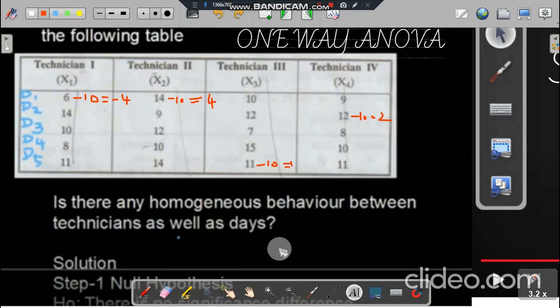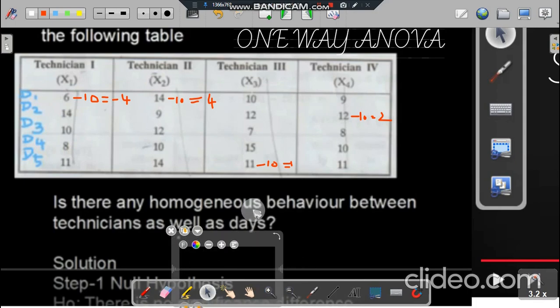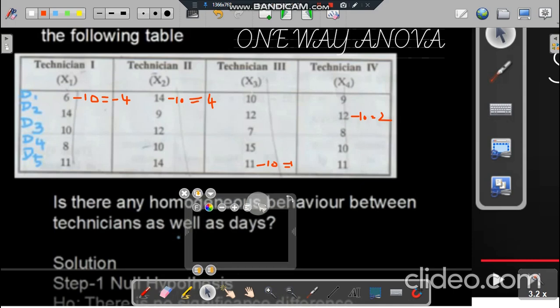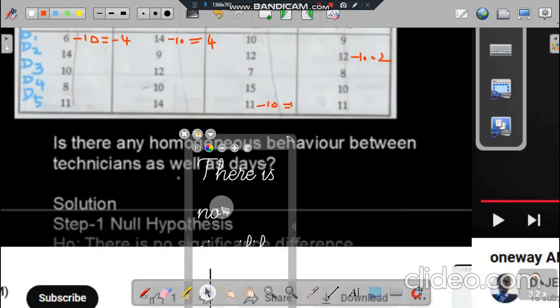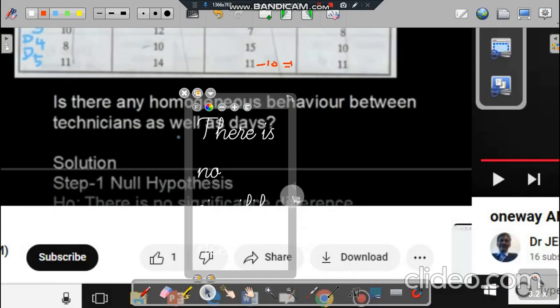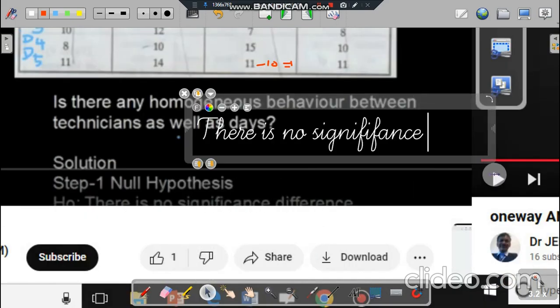And our answer to this question is there is no significance difference